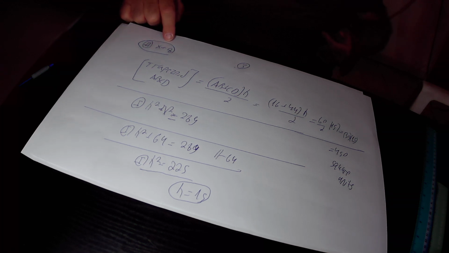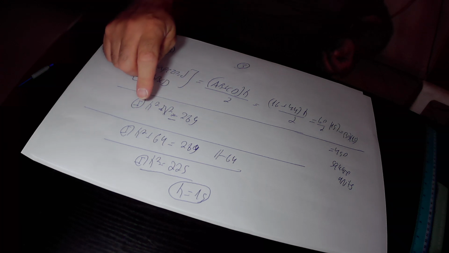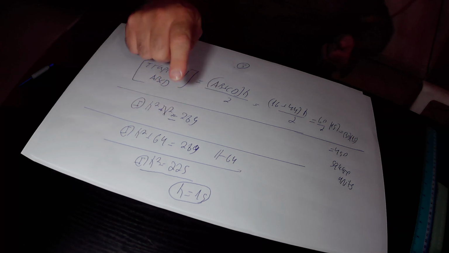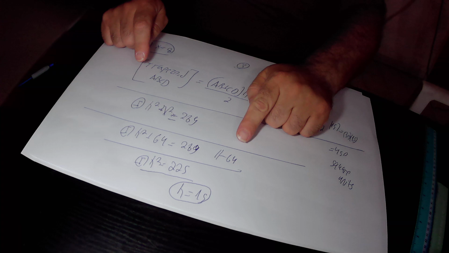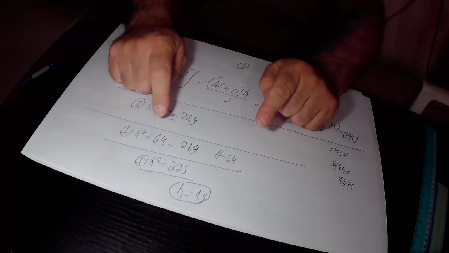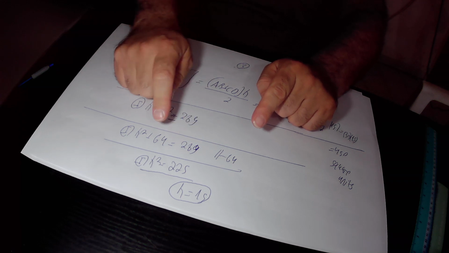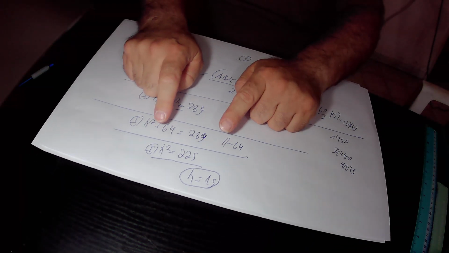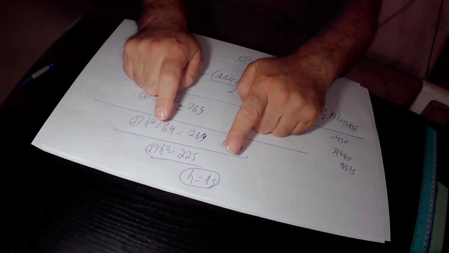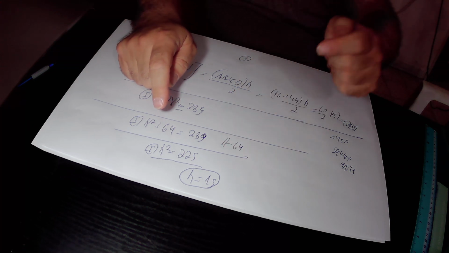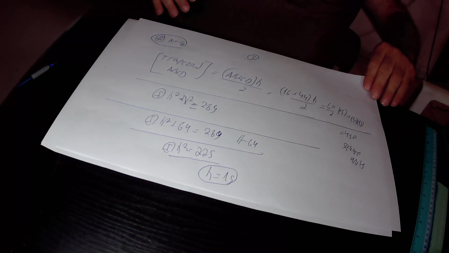Therefore, we can substitute X squared in equation 1 by 64. We did it, and we found that H squared plus 64 equals 289. Here we subtract 64 from both sides of equation 1, and found that H squared equals 289 minus 64, which is 225. So H squared equals 225 according to equation 1. We took the square root and found that H, the height of trapezoid ABCD, is equal to 15 units. Our mission is to find the area of this